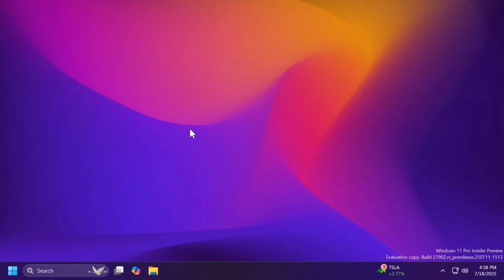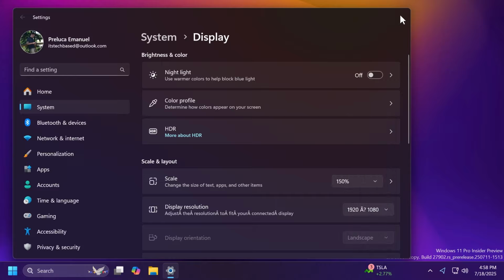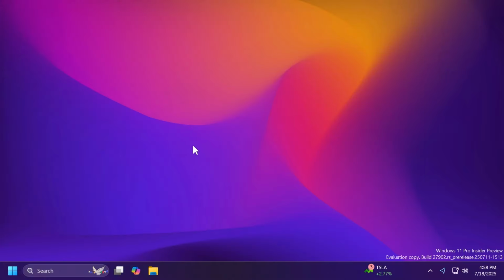In addition to that, there's also another known issue starting with the previous build, causing a small number of insiders to experience repeated bug checks with kernel security check failure after upgrading. This may occur when connecting to a VPN. So in addition to the system being pretty bugged related to visual, we also have a lot of bug checks, a lot of PSODs that basically make this build very unstable. So I would advise you to skip this one, maybe install the next one when hopefully some of these issues will be fixed. Of course, for additional information, you can check out the article below or the official Microsoft blog